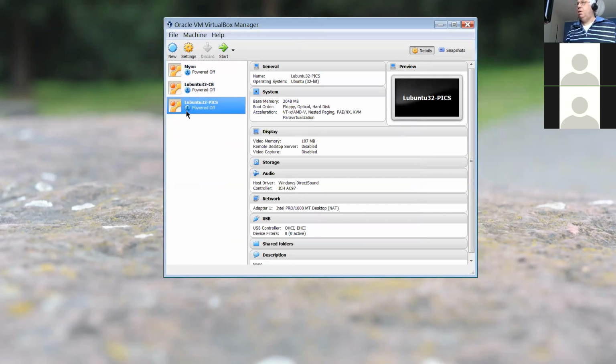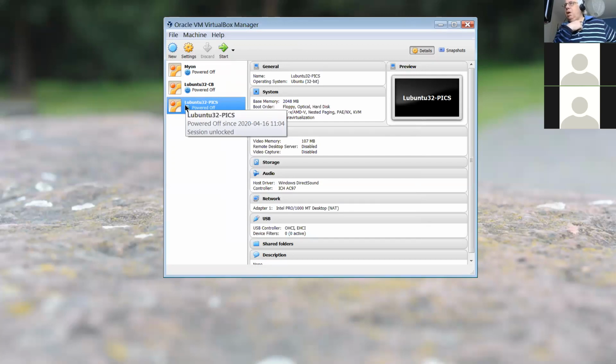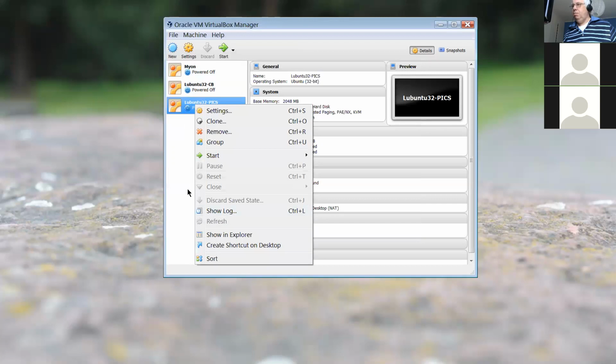You see I have several virtual machines. So this is like a virtual computer, a virtual machine. Ubuntu 32 Pix, that is a version of Ubuntu, and we use the 32-bit version. There's no benefit for using 32 bits, but also no disadvantage of using the 32-bit version. So let's start that. Before I start, I would like to